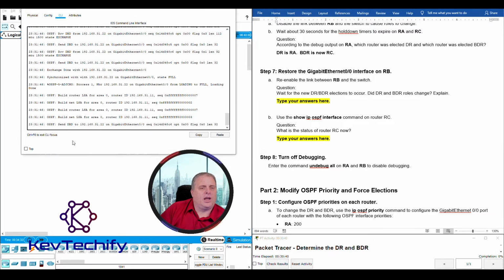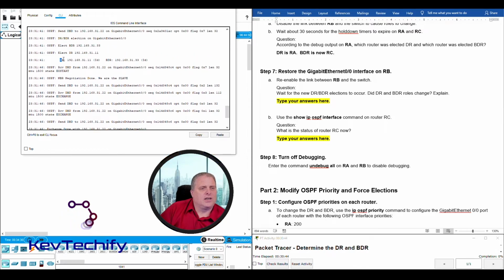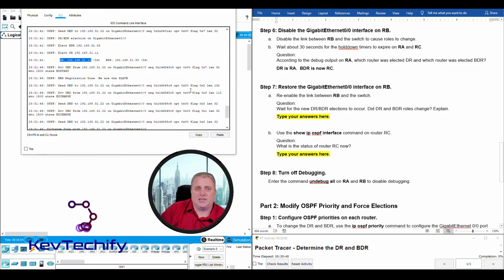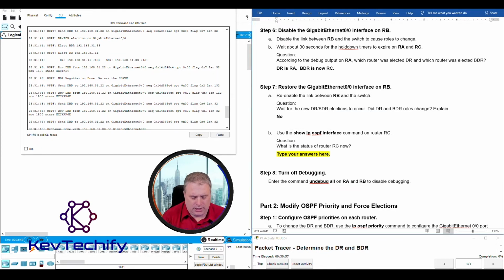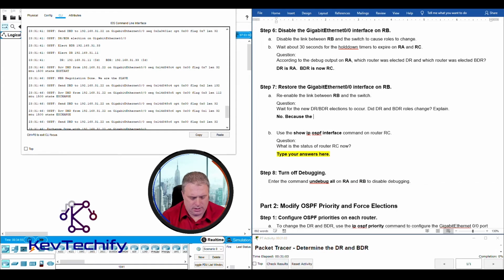Let's go ahead and check router A quickly. Scroll back up to see our last election right here. The designated router is router A. That's what it was right up here in step 6. Our backup designated router was router C. That's what it was. No, the roles did not change. And the reason they didn't change is because the current designated router and backup designated router did